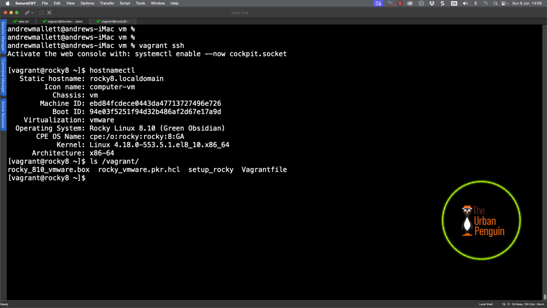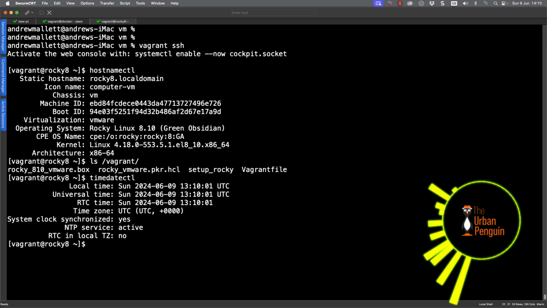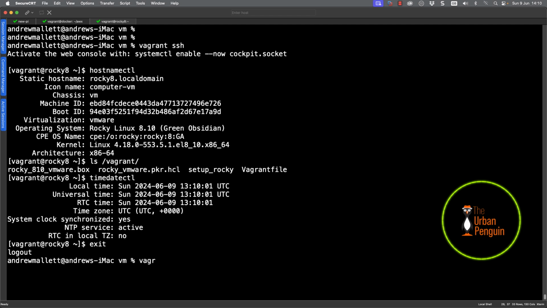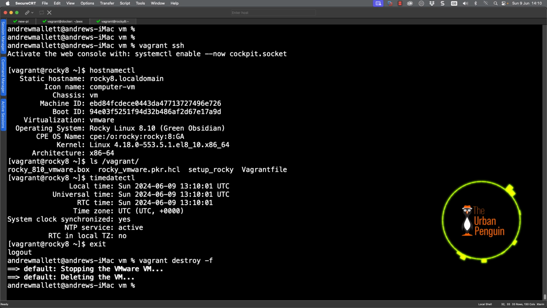We can check our host guest file system by listing the Vagrant directory. And we can see our host file system. And we can see then that we've configured timedatectl with the UTC time zone. We can exit out, and then once we're finished, we can destroy the virtual machine. So it deletes the cloned copy, but obviously our initial Vagrant machine is still going to be there. But that's it. You've created a Vagrant box now.